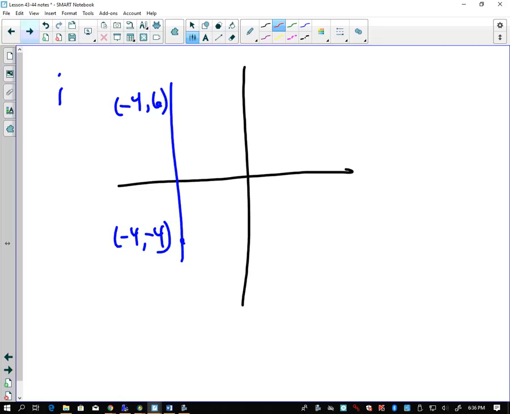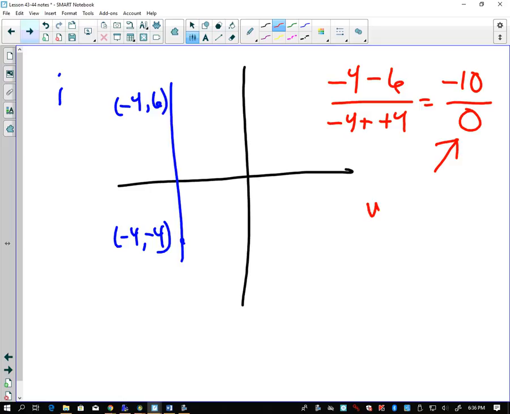That would give you -4 minus 6 over -4 minus -4. Okay, well, that's -4 plus 4, which is giving you a 0. -4 minus 6 is -10, but because of this, it's undefined. So it's an undefined slope, so be aware of that. Okay? All right,